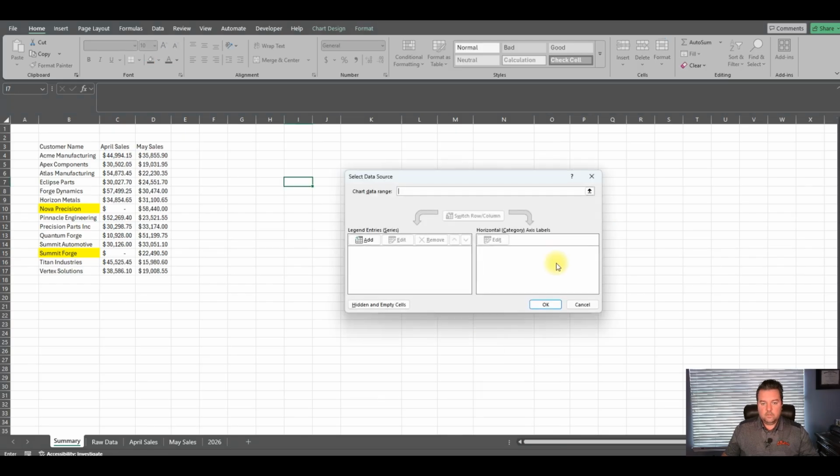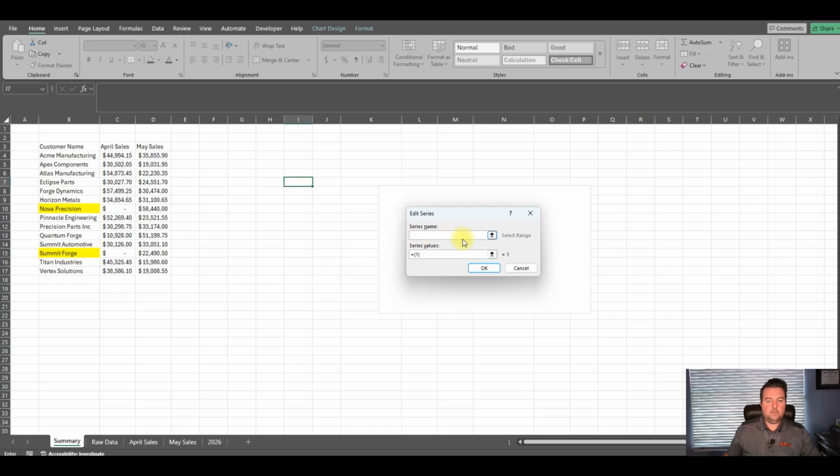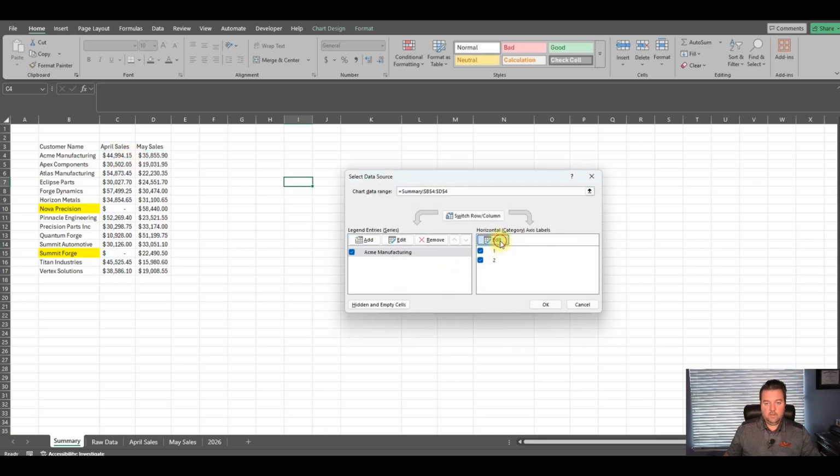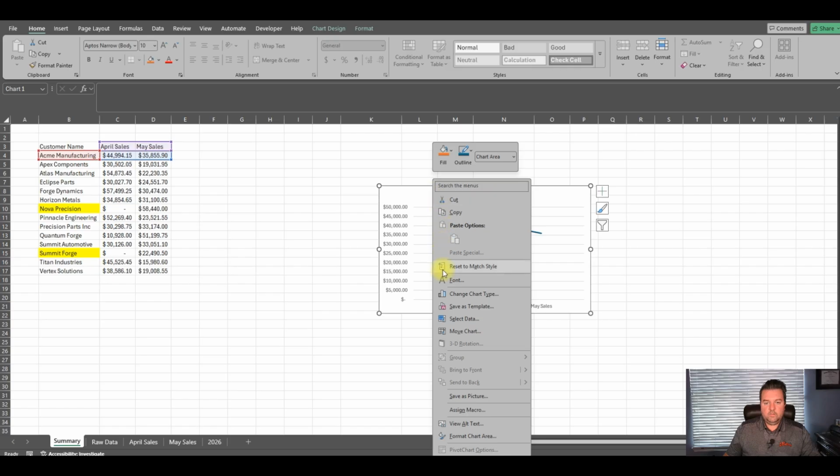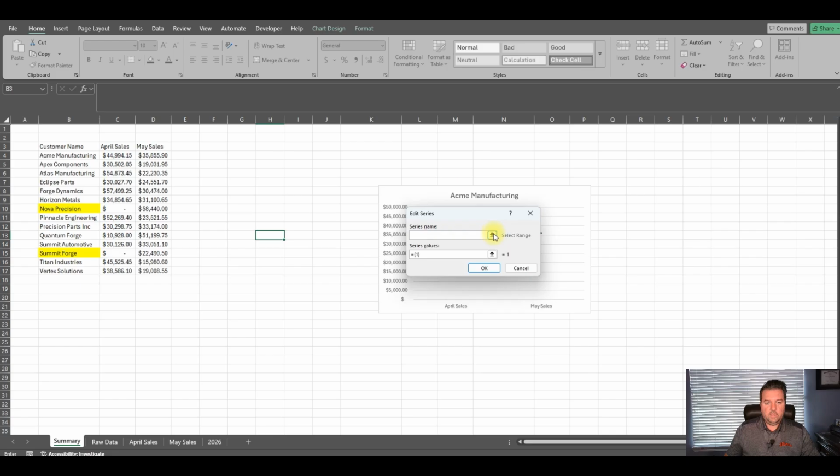So, okay, we're going to select data. This is going to be this value, and this is going to be that value. Now this needs to be that. Let's see what that does. Yep, okay. Now, though, what we will need to do is add this, and this will be that.